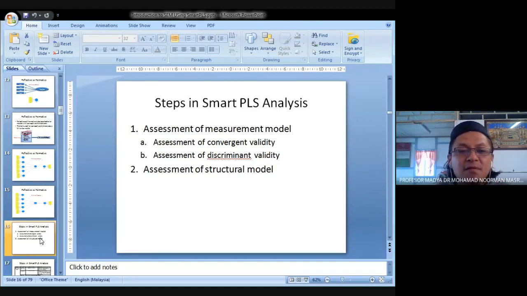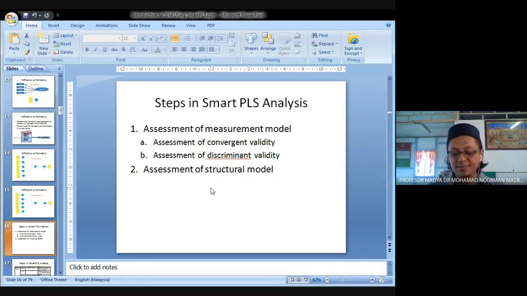The terminology is given here. For the explanation of the terminology, go and search for yourself. There is so much information on the internet. I have no time to go into the detail, but these are the steps that you have to follow through. Now, the measurement model is the prerequisite of the structural model. The structural model is also called hypothesis testing. Because the measurement model is a prerequisite, you can never proceed to the structural model until your measurement model is